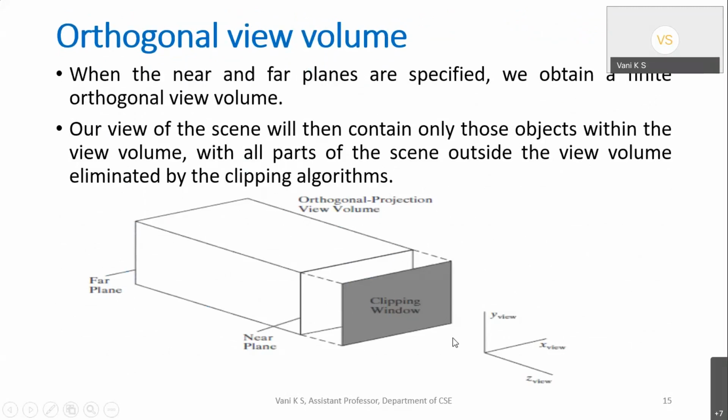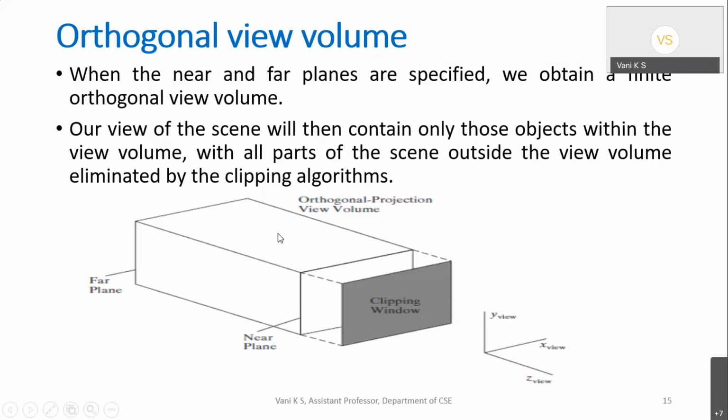Before, in 2D, whatever falls within the clipping window, I'll retain it, and all the rest we eliminate. Now as it is 3D, I should have a view volume. Whatever falls within this box, the parallelepiped, I'll retain it and project it onto the clipping window. Projection comes later, when you want to display it on the output screen. But here it is the view volume. However many objects fall within this view volume, we retain them. Whichever objects are outside of the view volume, we truncate.